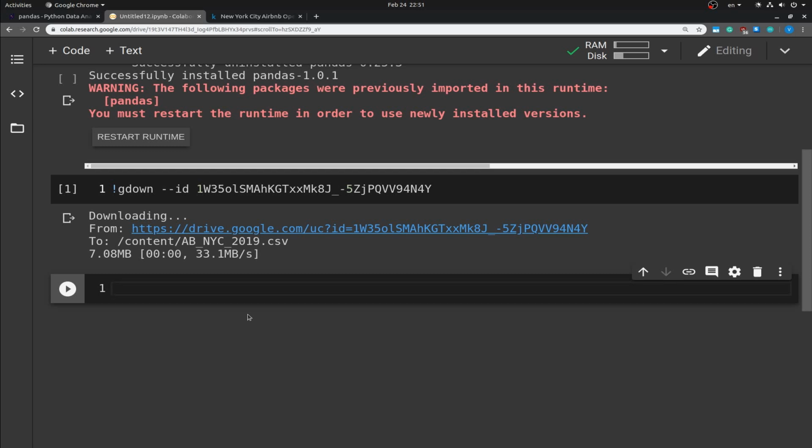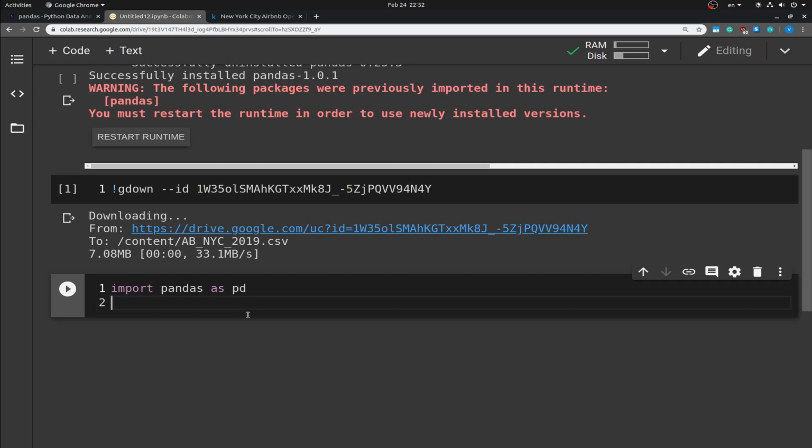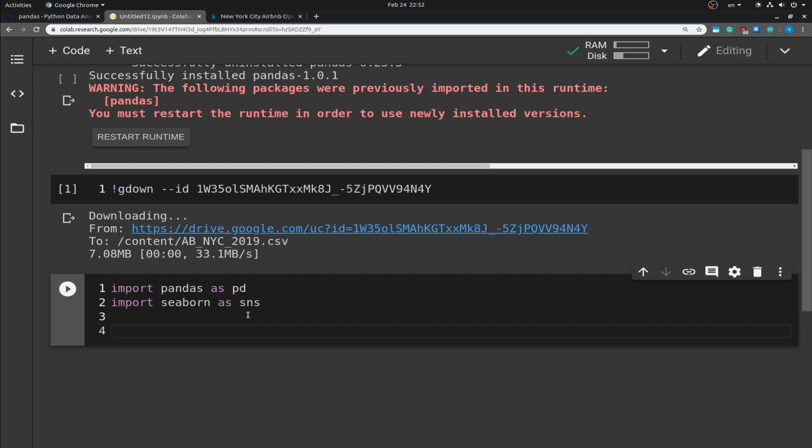Pandas is in the pandas package, and as you can see, even Google Colab has a convention that when you're importing Pandas, you import it as pd. So I'll take this convention, and next I'm going to import the Seaborn library, where the convention is not mentioned, so whatever. And next I'm going to set the style